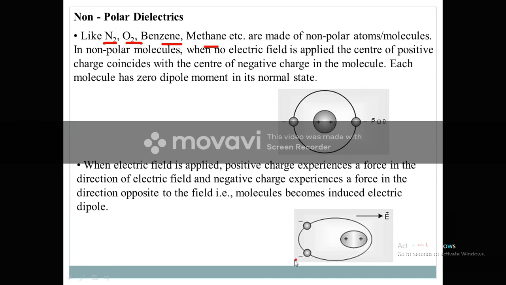So this stretching is the alignment or the polarization, and that is because of the electric field, or we can say electric stress has been applied to this dielectric material. That is why it is influenced by this electric field. And if the electric field is such that it can knock out electrons from the dielectric material, then we can say that it gets ionized and conduction will start.